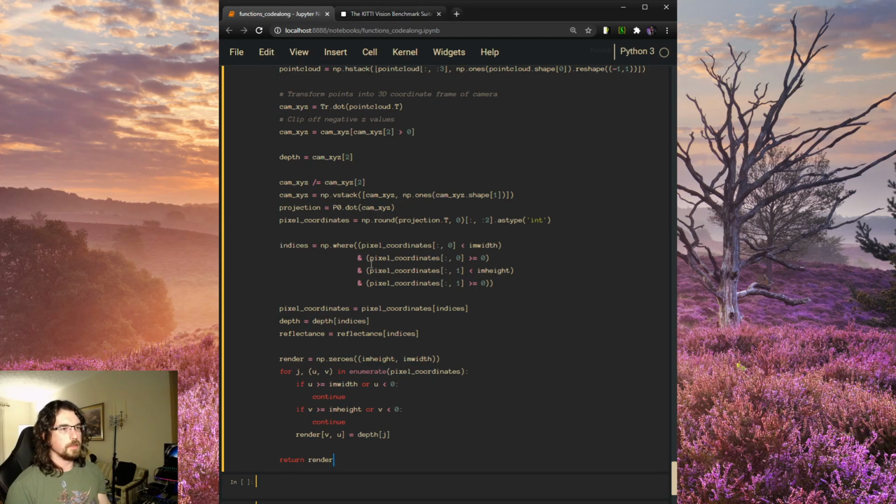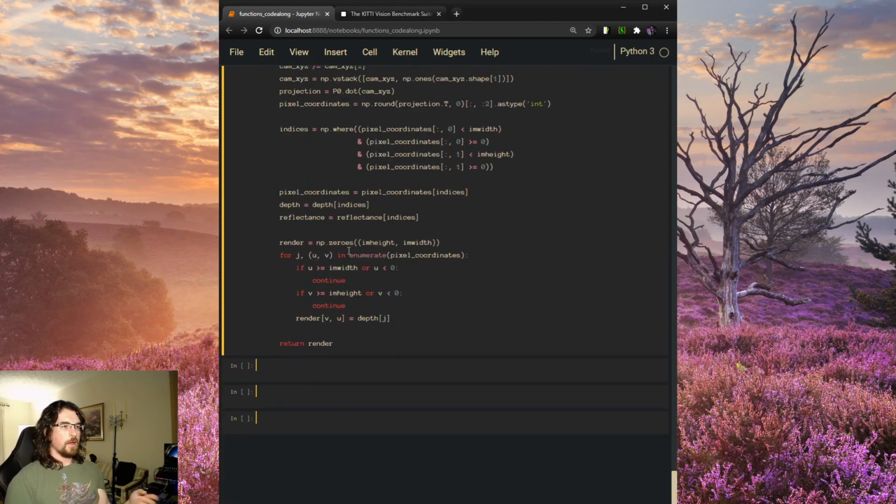We found the indices of pixel coordinates that actually fit on our image, aka they do not have negative U or V values. They start at 0 and they go up to the width and height of the image. We then reduced the pixel coordinates, depth, and reflectance information using the indices that we got from the np.where. And then we iterated through our remaining pixel coordinates and assigned the dot at those coordinates the depth that we got